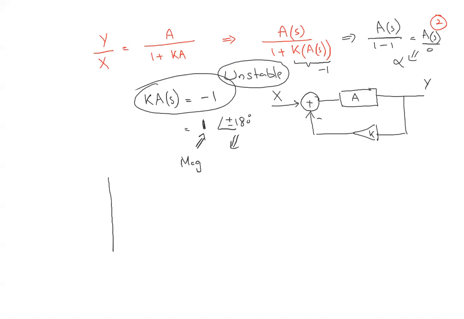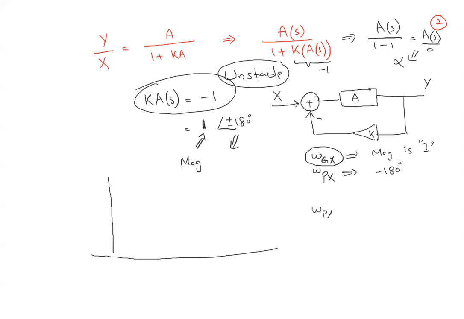That's why we define these two terminologies of gain crossover frequency and phase crossover frequency. We see the gain crossover frequency, meaning when my magnitude is 1, 1 meaning 0 dB, and my phase crossover when my angle is minus 180 degrees. We see both these things. That's why we don't want these to coexist, or we define, for a system to be stable, my phase